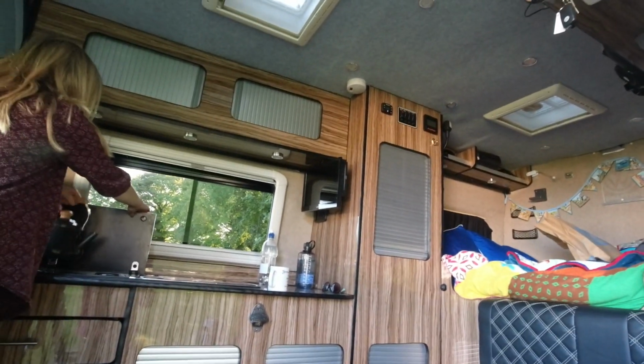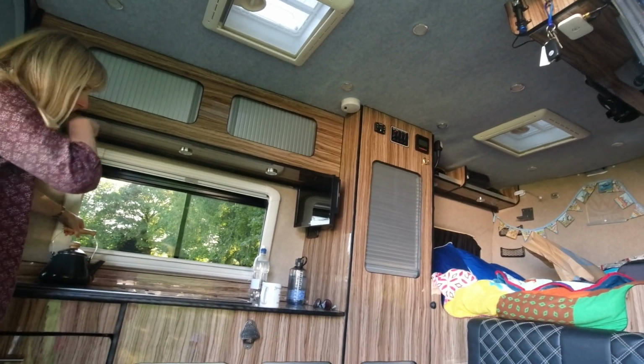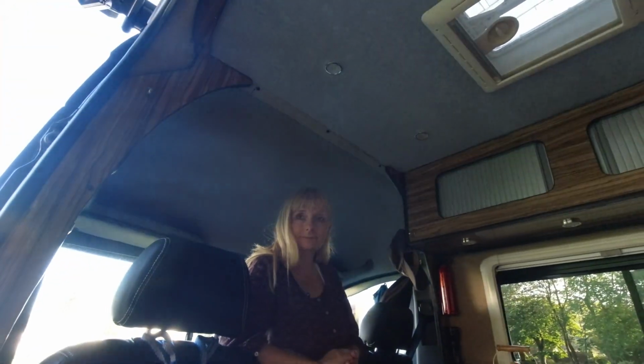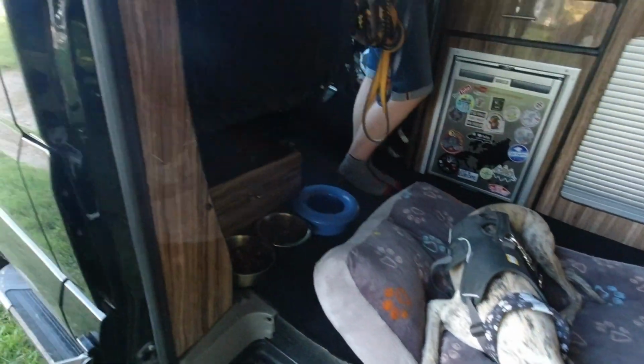The heater in this, the Espar heater, is tremendous. Gives lots of heat out, and Joe always sets it too high, so she has it about 80 degrees in here, don't you? Yes, got to be warm. And Louis loves it. Louis loves the warmth. That big bed sits in the footwell down here,